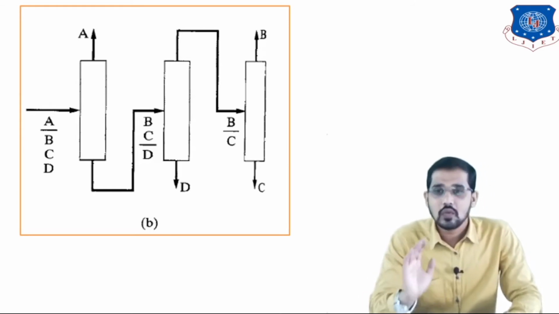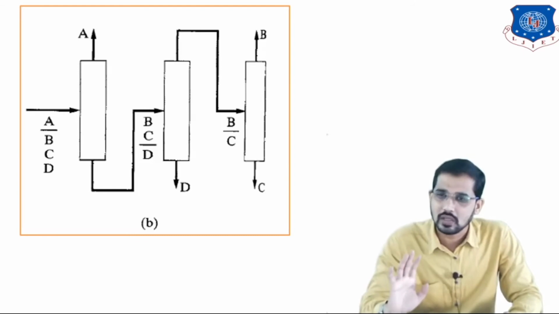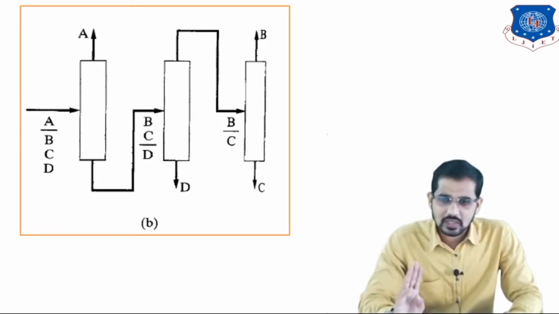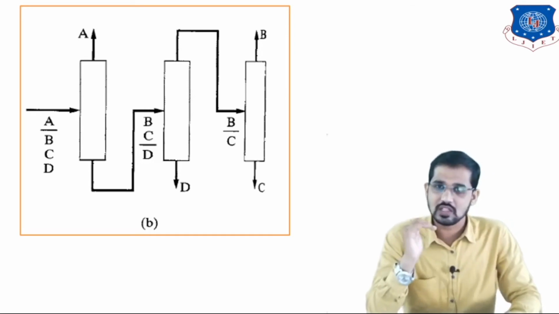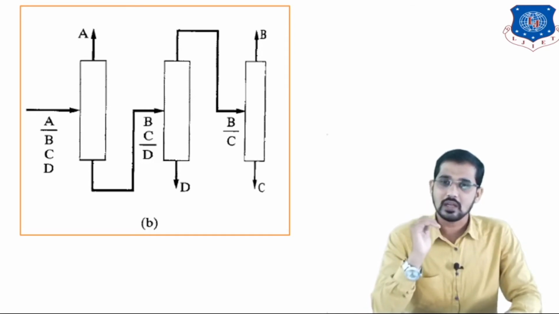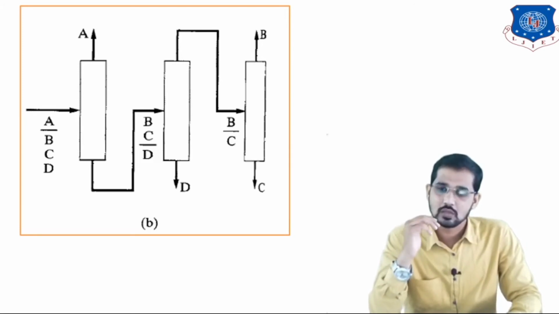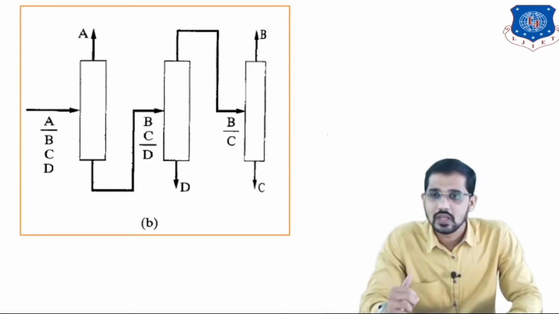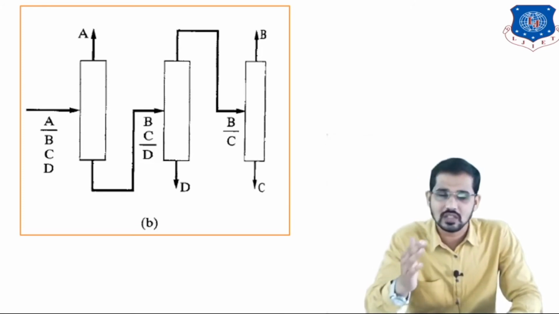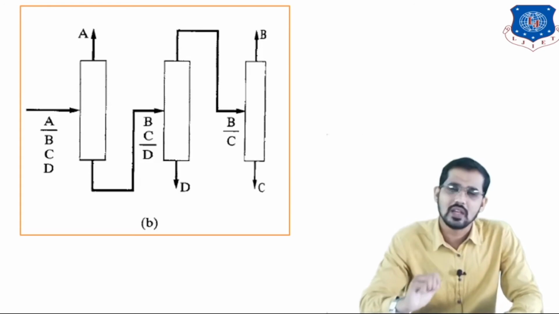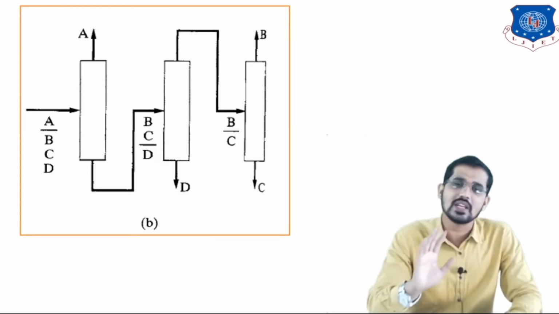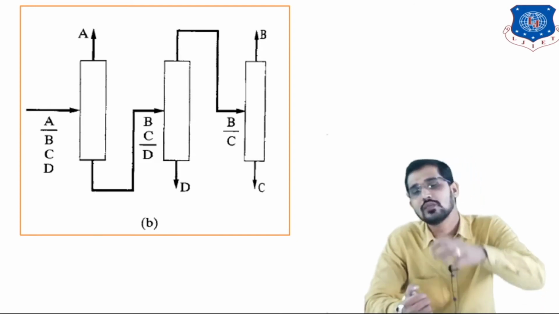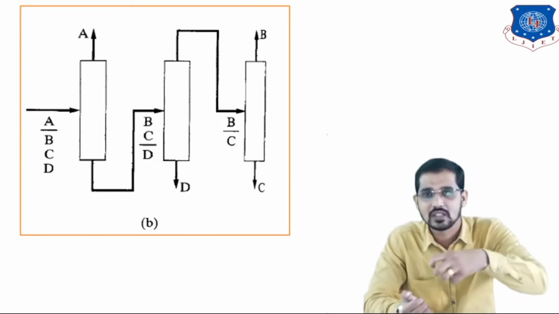You can see here, firstly we are separating the most volatile component, which requires very minimum temperature, that is component A. After that, we have three components in the mixture, B, C, D, and we know that D is the most difficult component. So we are using a higher temperature in the second distillation column, and we are separating component D. After that, we have B and C, which are the most volatile components in this mixture, so we get those components from the top side, the top heads.